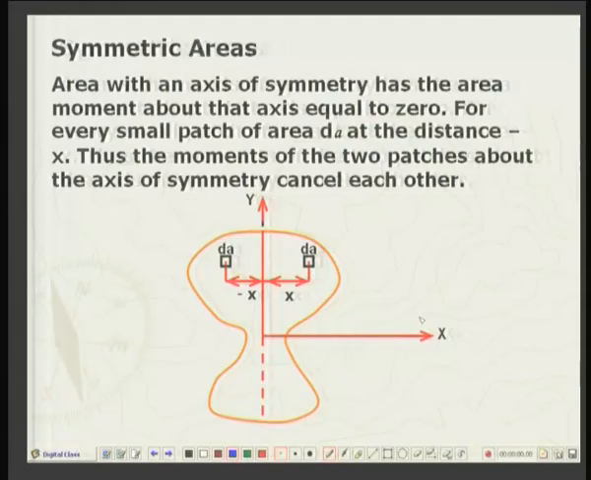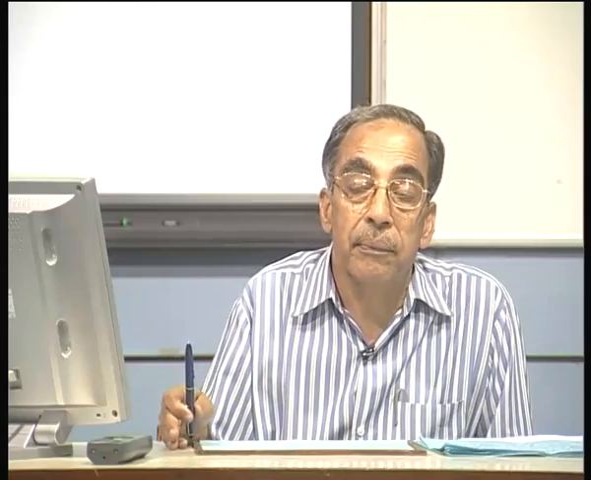For example, here this is an area, kind of figure 8, and about the y axis, if I put a mirror, this part is a mirror image of this part. Sometimes you may have two axes of symmetry, that is x axis and y axis, both are symmetrical. So, in those two cases, our determination of these centroids can be very easy, or rather first we will determine the first moments